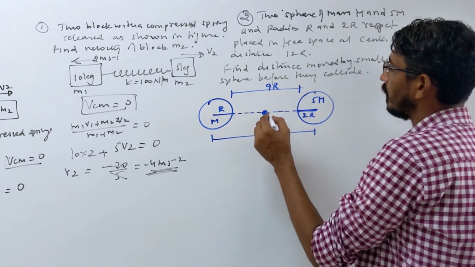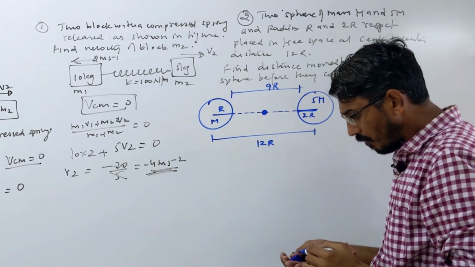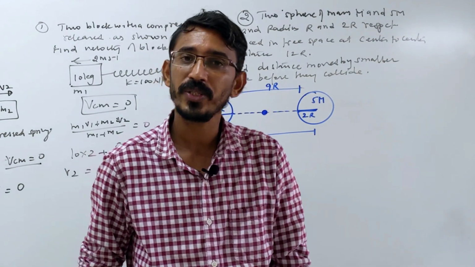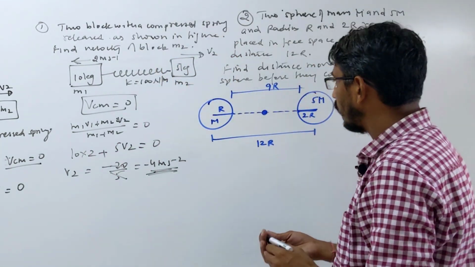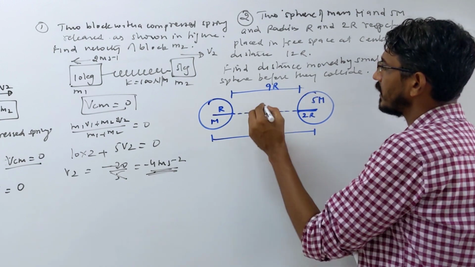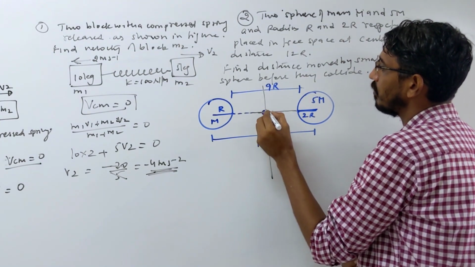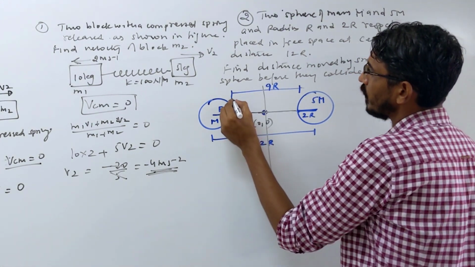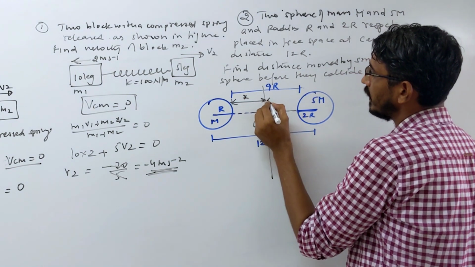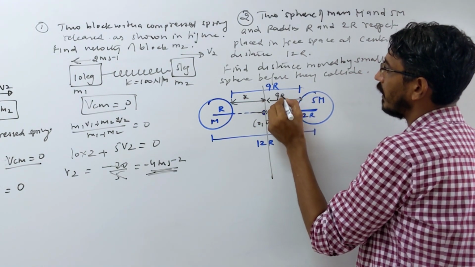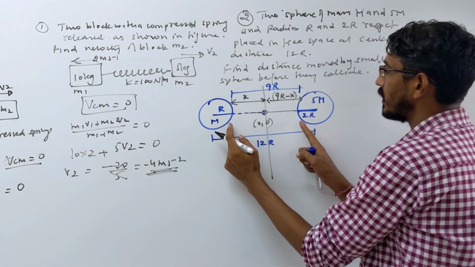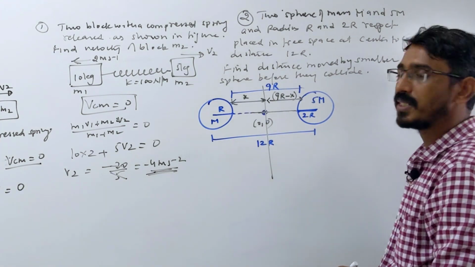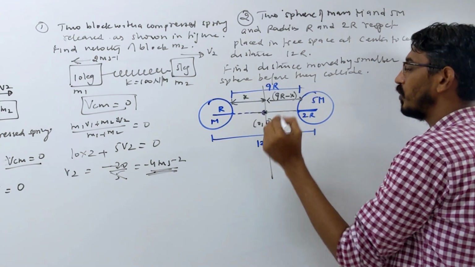Now suppose they are colliding at this point. We know they are moving because of gravitational attraction, an internal force, so the position of the center of mass will not be affected. So where they collide, there itself is the center of mass. Let's call this coordinate 0, 0. How much distance is moved by that block? Let's call it x. Then this block will move 9r minus x, since 9r is the total distance they move. So this moves x distance and this moves 9r minus x distance.